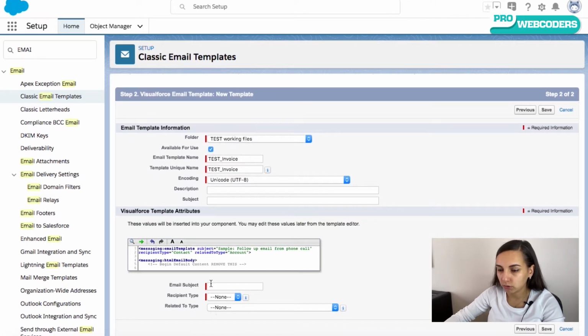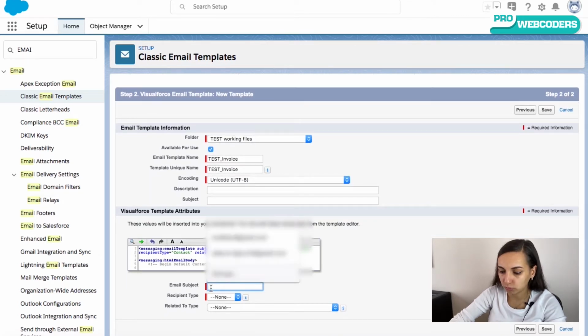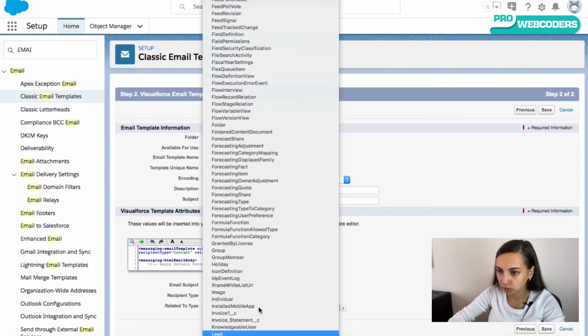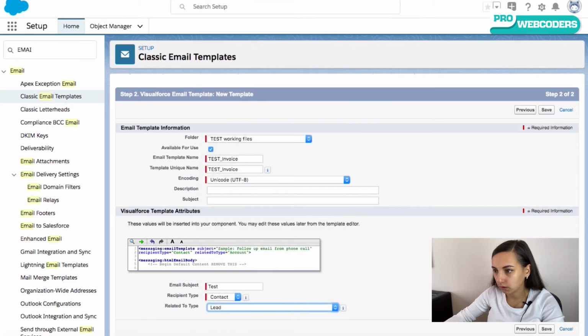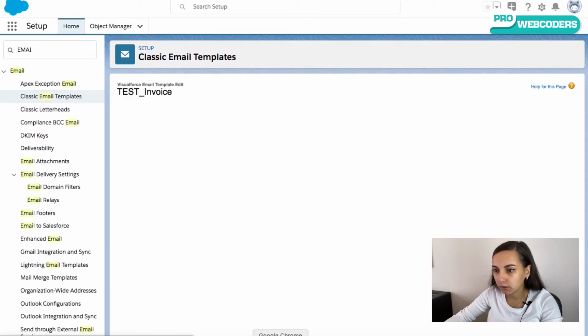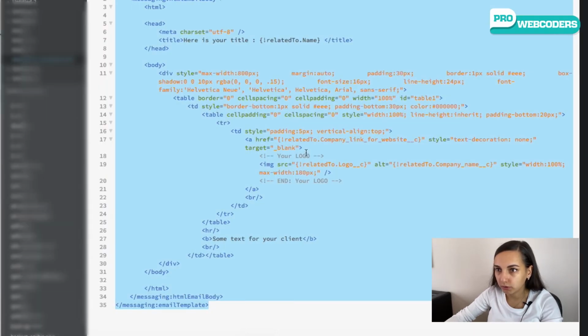So subject, we will just put test at the moment, but later on we will change it. Recipient type, in my case it's a contact, and related to, I want to put it for a lead. Save. And now I will edit it. I have prepared already a certain